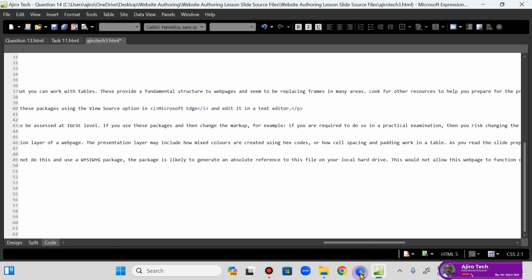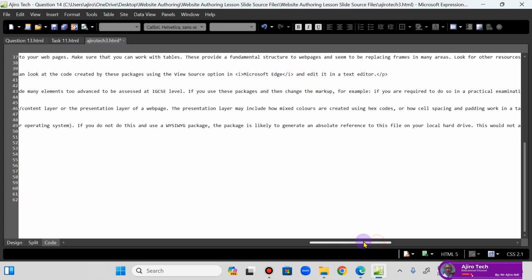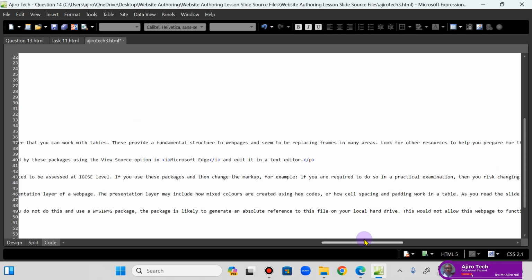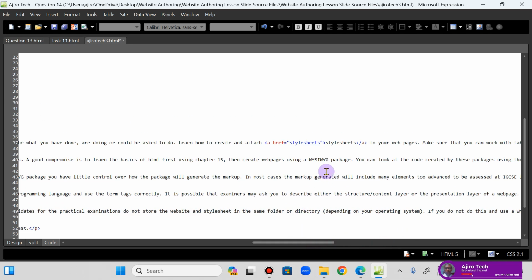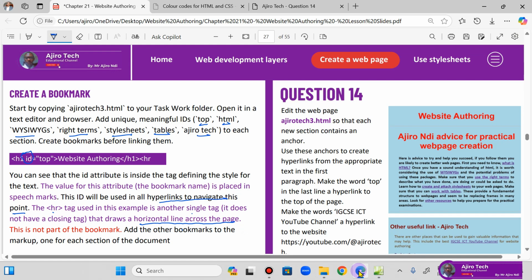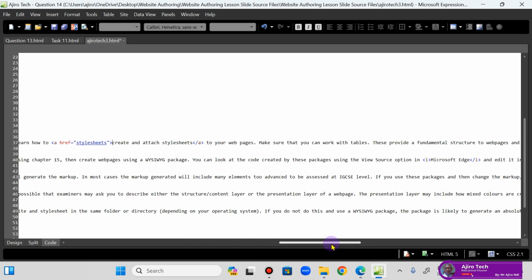So this is create and attach a style sheet. Sorry, create and attach a style sheet. So I'm going to cut this to right here. I'll paste it here. What else again? Let me see. This is going to be work with tables. So I have tables, work with tables,